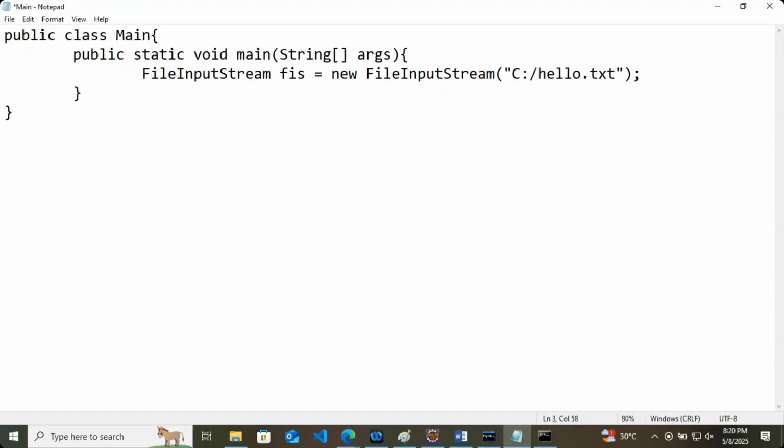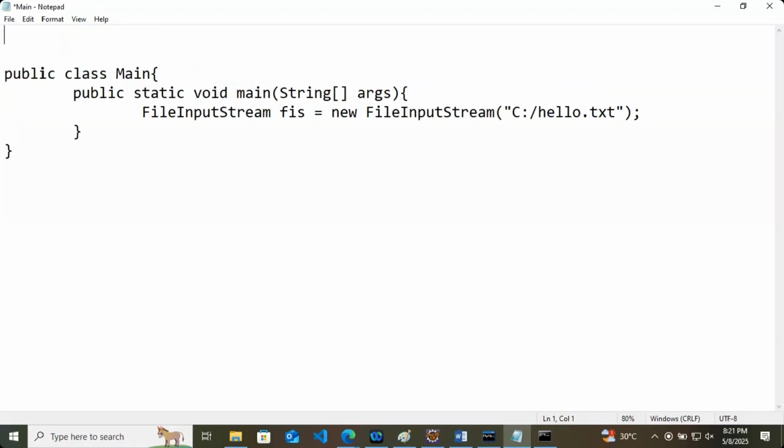We can open any file, we can read any file using Java like this. And this FileInputStream class is given by the java.io package. So we'll import java.io.FileInputStream.